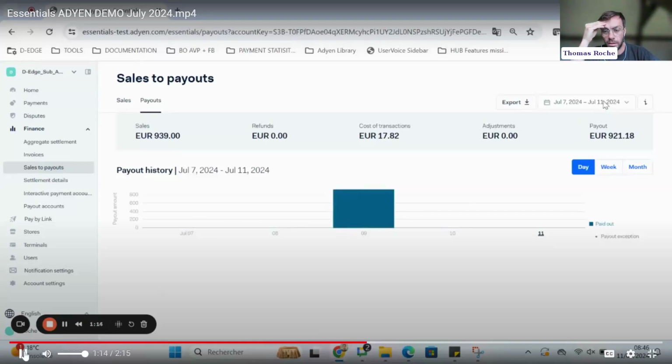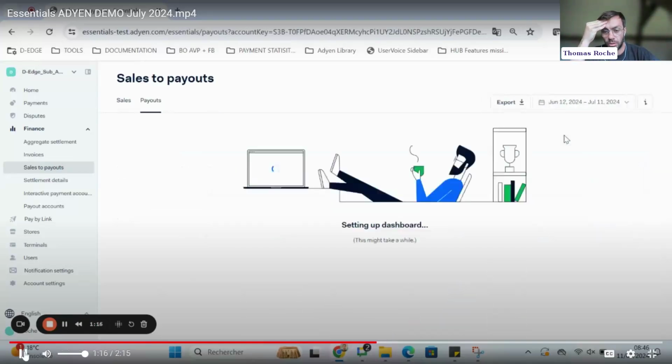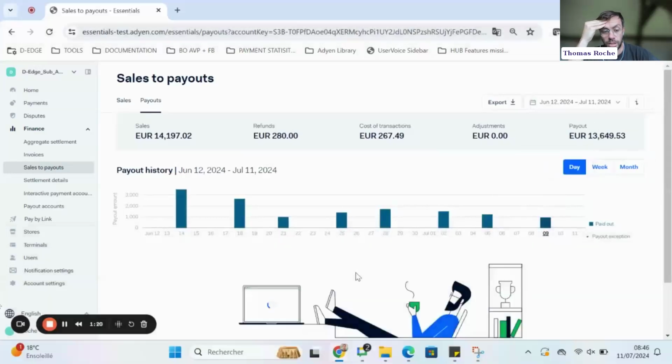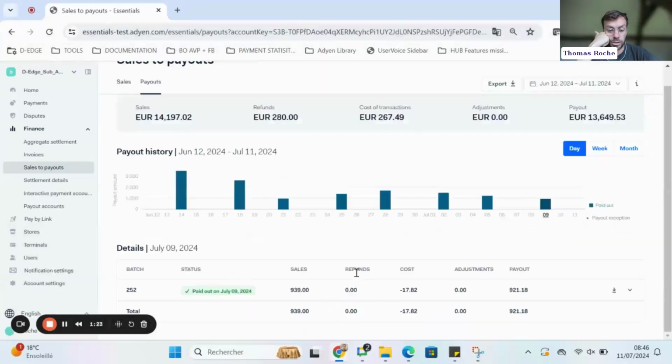So you can filter by a period. For example, the last 30 days. We can see here that on our test account, we received 10 payouts, and the last one was done the 9th of July. And if we click on it, we have all the information regarding